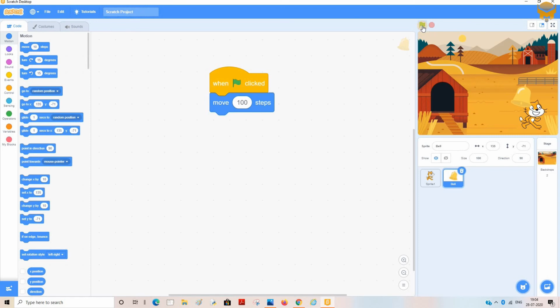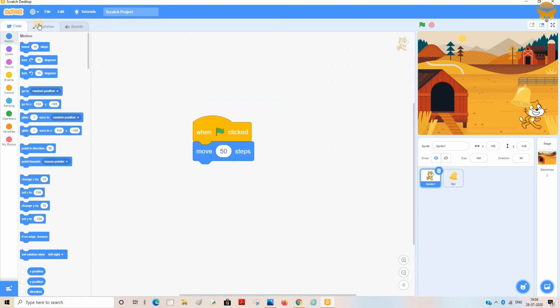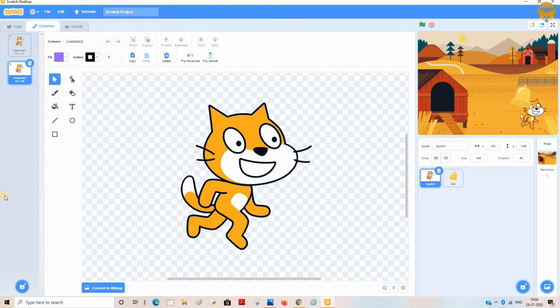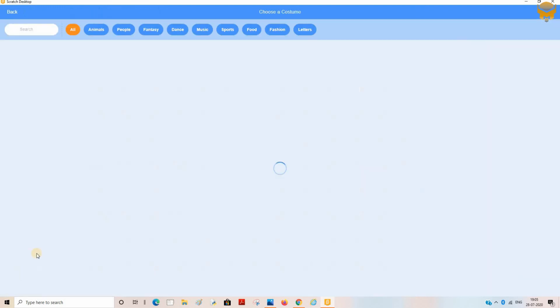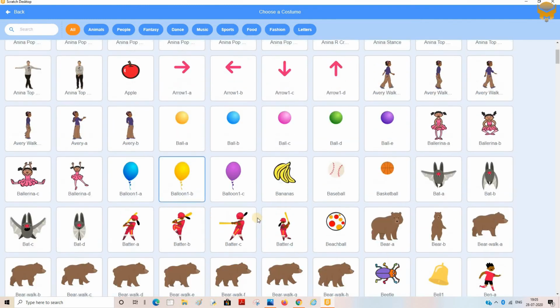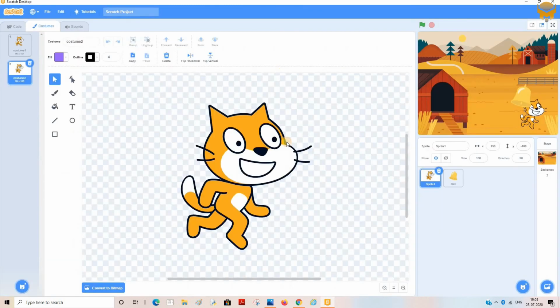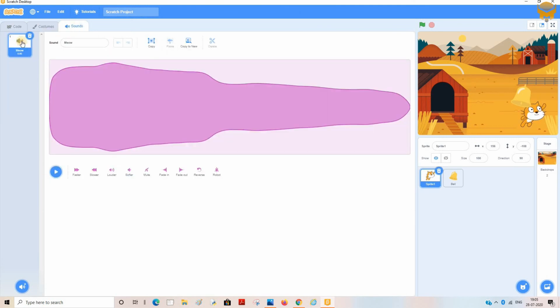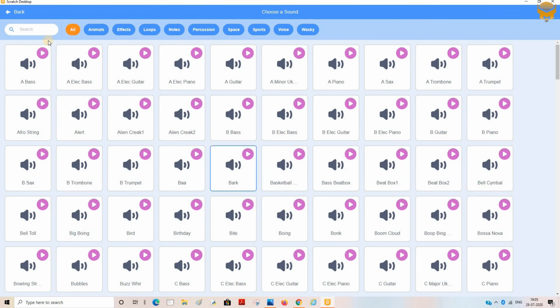If you check out the costume area, besides the code area, there is a costume area. You can click on the costumes. Costumes are the various kinds of looks that a sprite has. If you want to add more looks to the sprite, you can click on add costume button over here. You can either paint, search from the existing sprite library, or upload a costume of your choice. Let's go to search from the sprite library. So we can add costume over here. If you want to add sounds, you can either pick from the available sounds over here or similarly you can click on search sound and choose a sound of your choice.